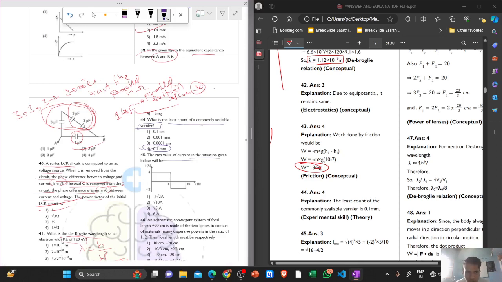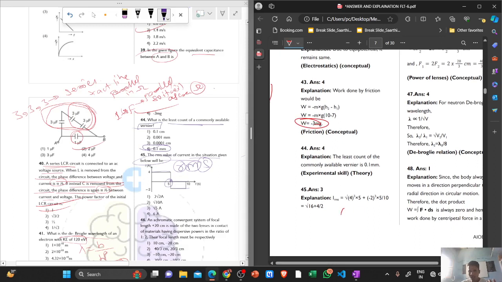What is the RMS value of current in the situation? We just need to calculate the RMS value. RMS is what? First squaring, then taking the mean, then taking the root. You just need to calculate it out. You know the value of current is 4, then it's minus 2. Just calculate the RMS to average of it. So for the time 0 to 5 it is going in this way, and for 5 to 10 it is going in the other way. So you can calculate the RMS